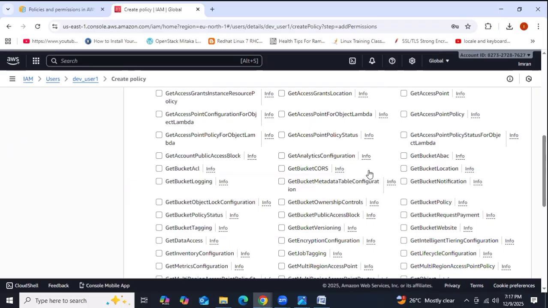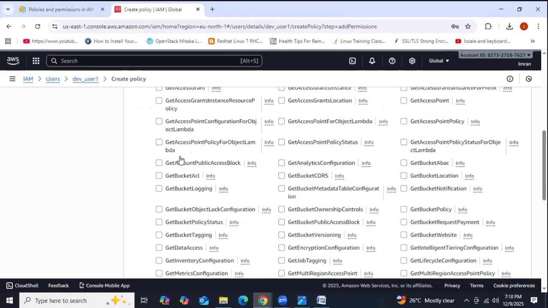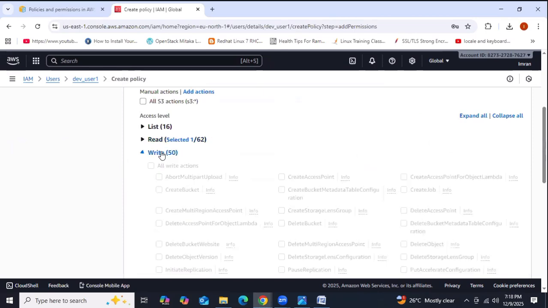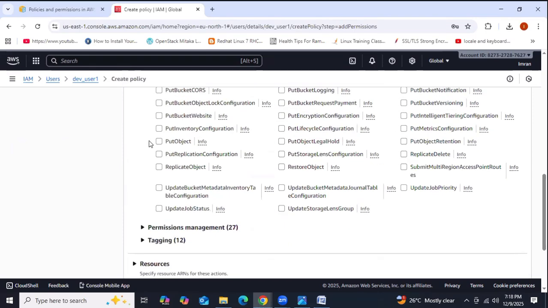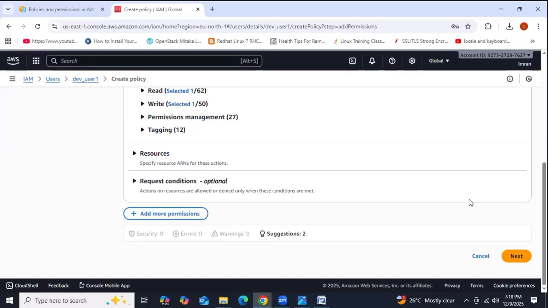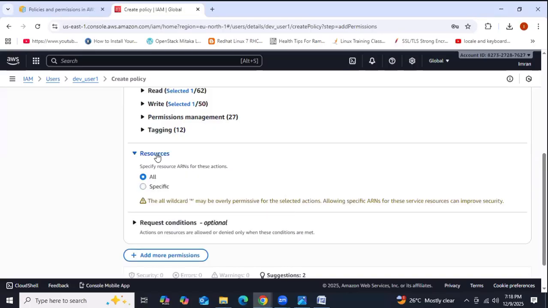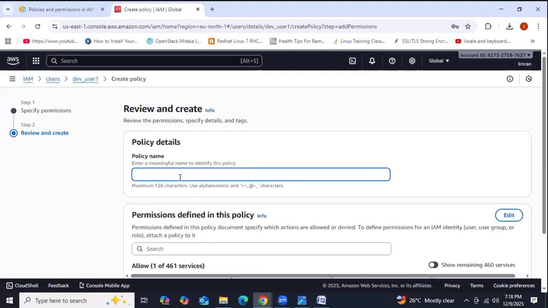Get bucket ACLs, get objects, your wish, anything you can give. Put objects, okay? Got it, guys? Then resources, all resources, and then give next and provide the policy name, new.